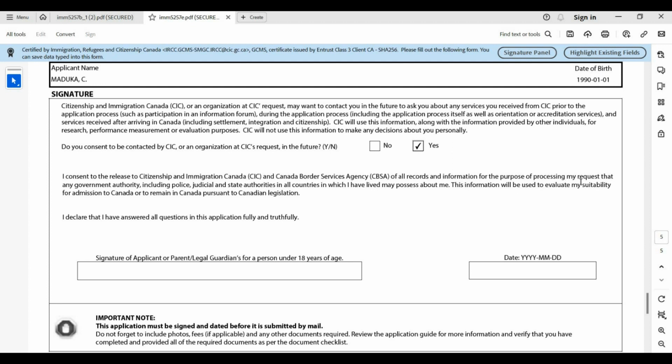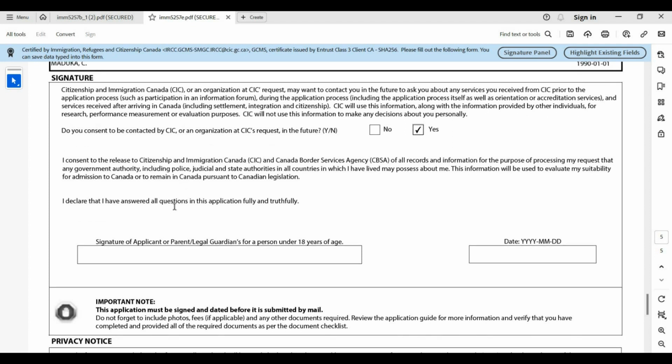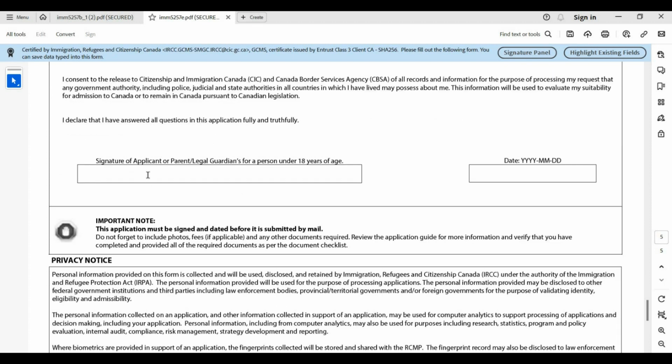This information will be used to evaluate my suitability for admission to Canada or to remain in Canada pursuant to Canadian legislation. This is your declaration. So you have to declare that you've answered all the questions in this application fully and truthfully. So the signature of your applicant, I think the signature here is to put down your